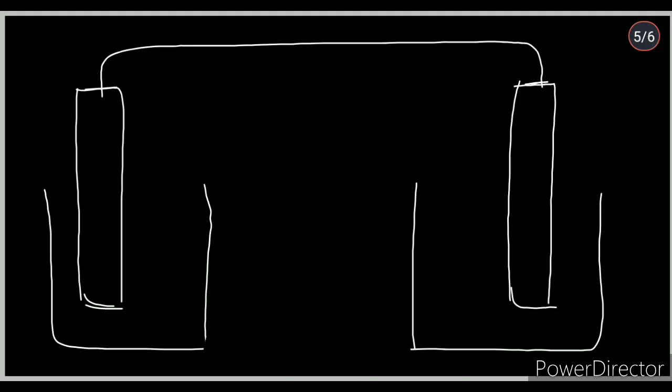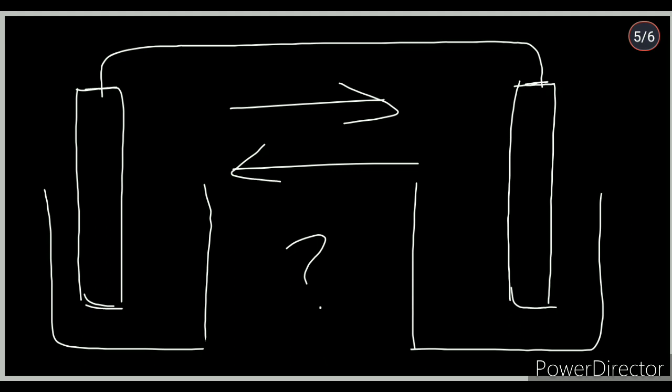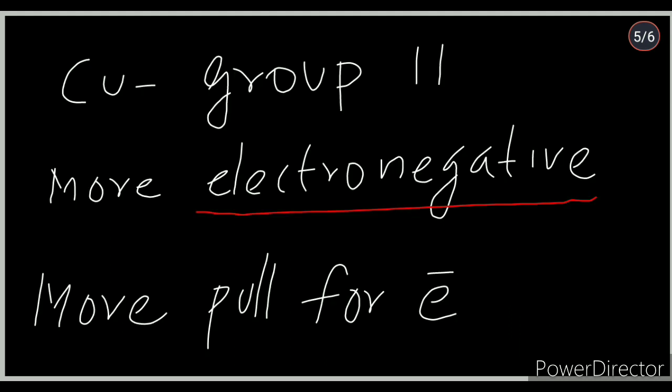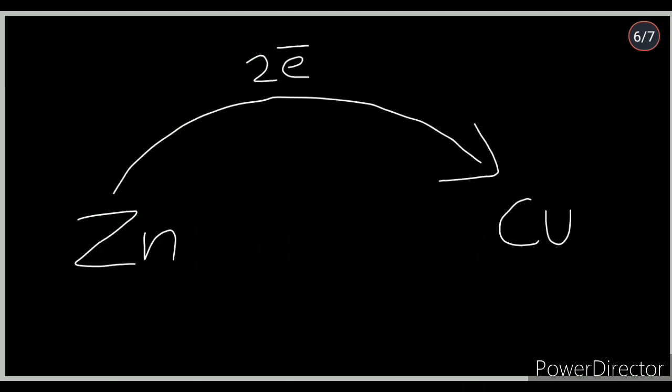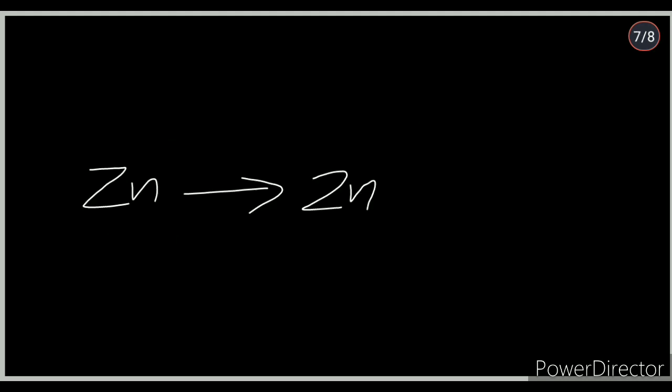When connected together, there starts the fight for electrons. Both of them start to bargain about electrons. As copper belongs to group 11, it has more power to attract electrons. So, the zinc is comparatively weaker than copper. So, no other way, zinc donates the 2 electrons to copper and it changes to Zn2+ ions.